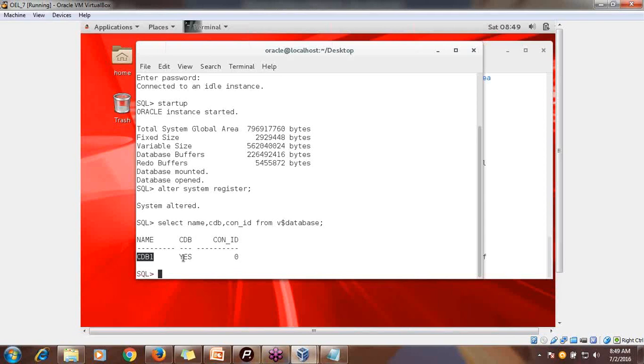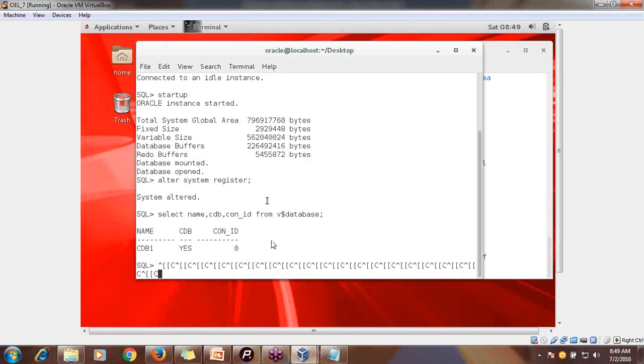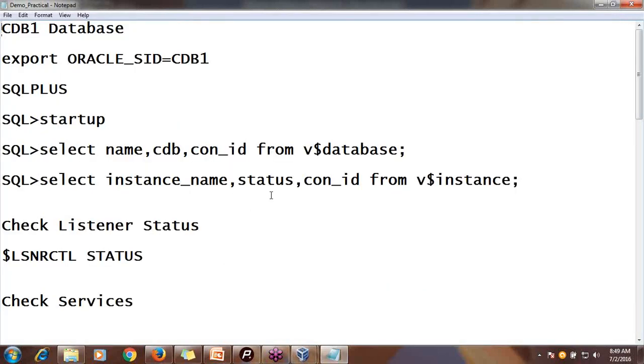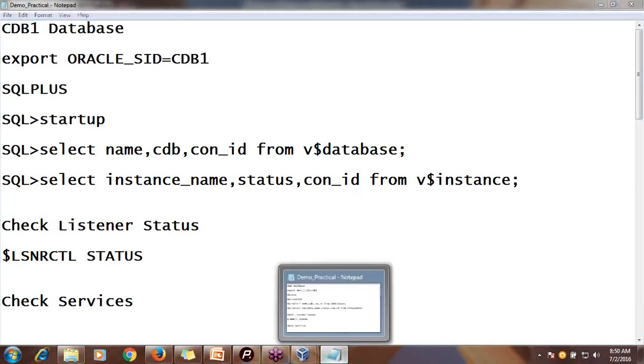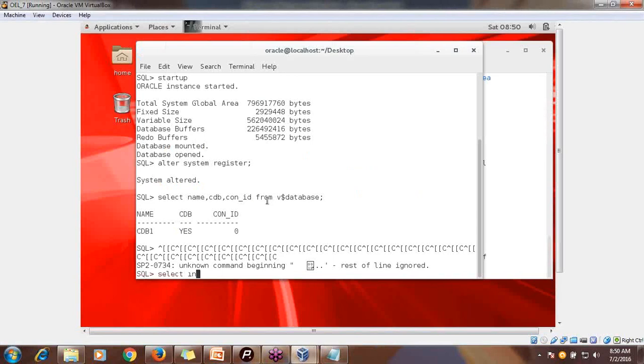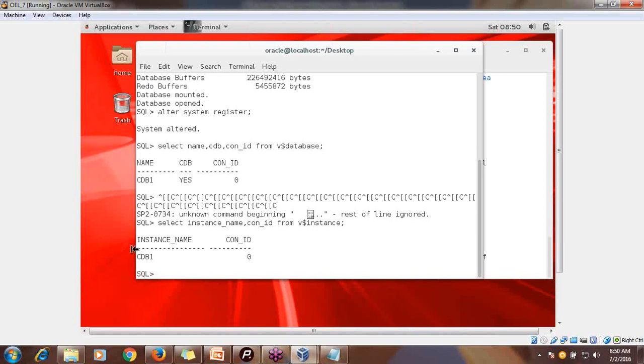Fine. If it is not a CDB database, it comes as NO. Next one. Instance name, status and con_id. So here you can see, con_id is 0 and instance name is CDB1, which is the same as your database name.